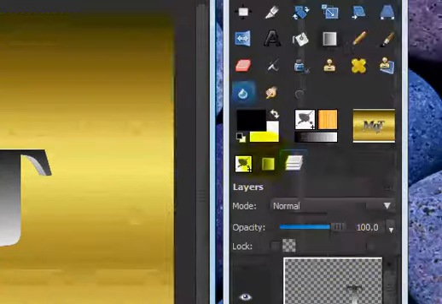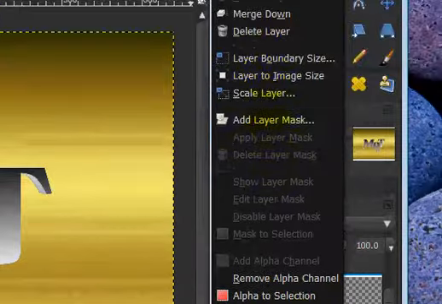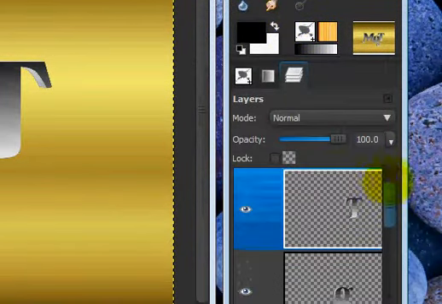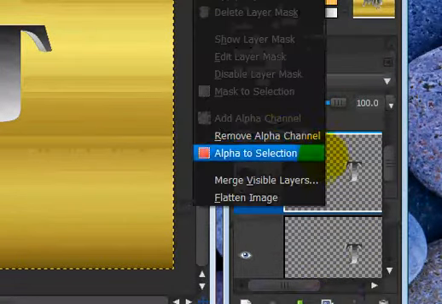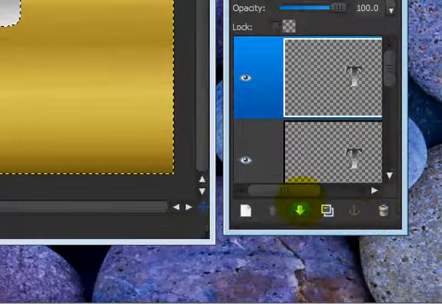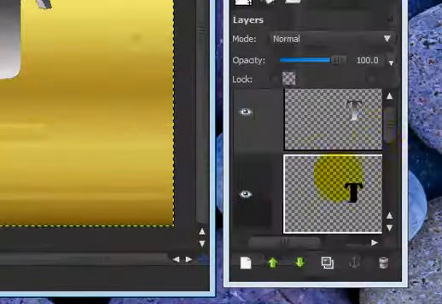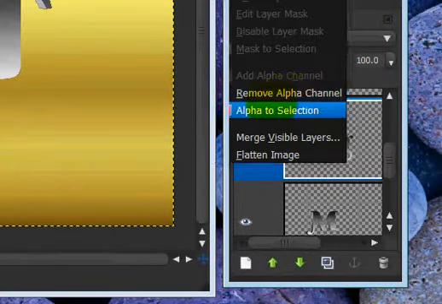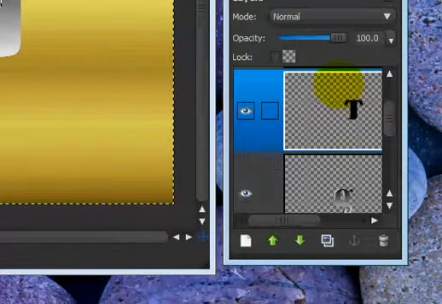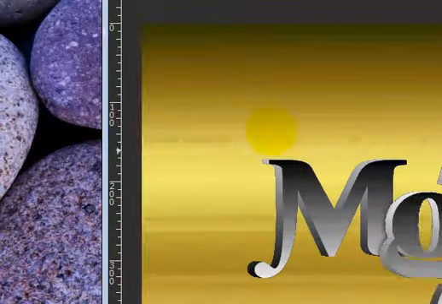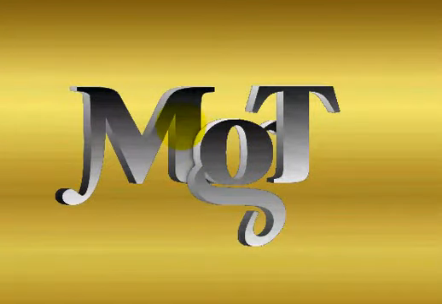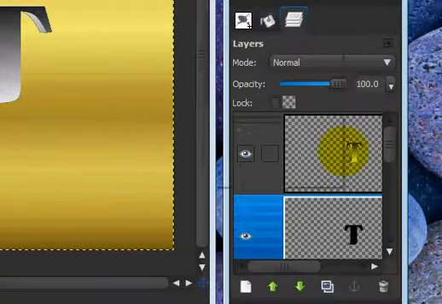Okay, so I did the letter, and I'm just going to merge down. And oops, I have to do the shadow, so just duplicate this layer. Alpha to selection this, bring it below, fill it in with black, select none, alpha to selection the G, select the T, filters, blur, Gaussian blur, click OK, 9, select none, and even though you can't really see it, it still gives a depth to it that you can't really